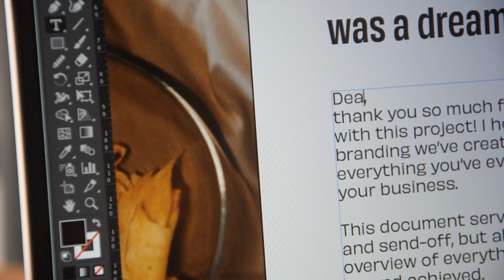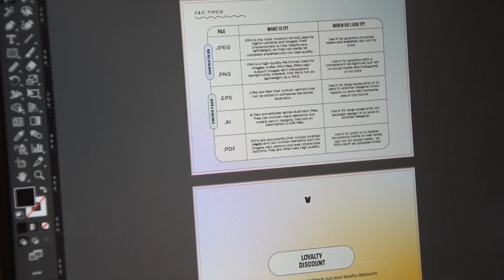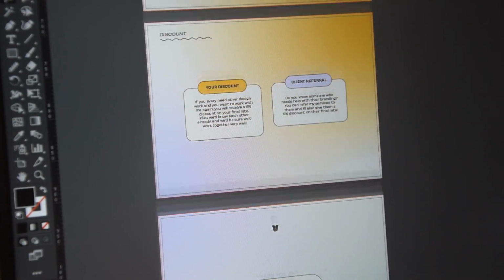On the portal, I will also add a goodbye document where I give the client an overview of everything that we have done, that we have achieved, and I also let them know how much I enjoyed working with them, and if they want to come back for more, they will have a client discount. Nurture your relationship with your clients, you guys. It's so important. Another thing that I add is an explanation of every single file type that I will send, so they know what they are and how they should use them.